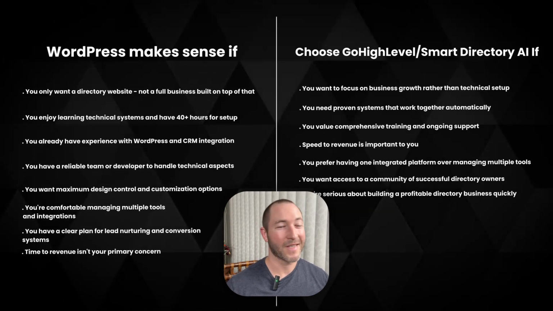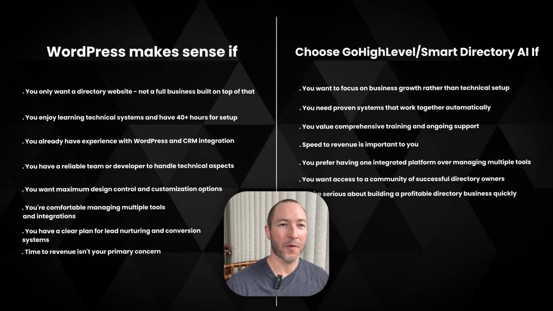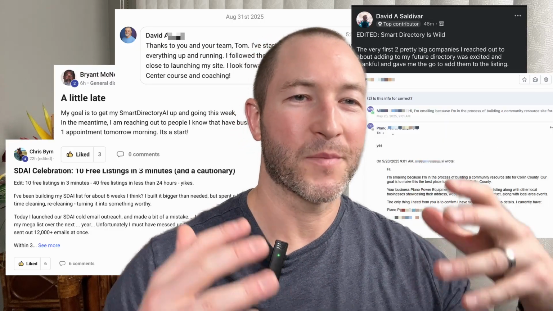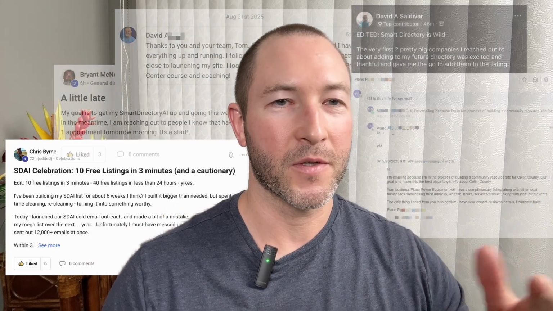All right, so final thoughts. I told you we're biased, picked GoHighLevel for good reason, but both approaches can work. They just serve different types of entrepreneurs. WordPress gives you the ultimate website flexibility, but can require significant technical knowledge and investment in time and money and effort. Meanwhile, GoHighLevel, specifically with Smart Directory AI, gives you the complete business system with proven templates, training, and ongoing support. So the question isn't really which platform is better in theory, it's which approach fits your skills, available time, and business goals. And again, yes, we're obviously biased, but I wanted to show you why Smart Directory AI wasn't built on WordPress. And instead, out of all the tools available, it was built directly onto GoHighLevel.